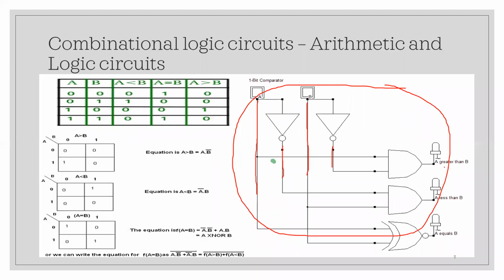So A greater than B is A and B bar. I take a line from A and a line from B bar. This gives me the expression for A greater than B. Whenever the condition is true, this will glow.